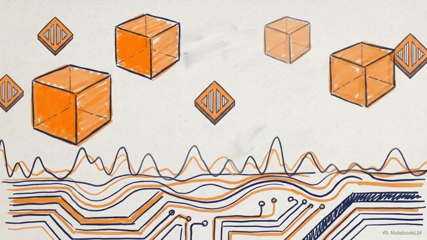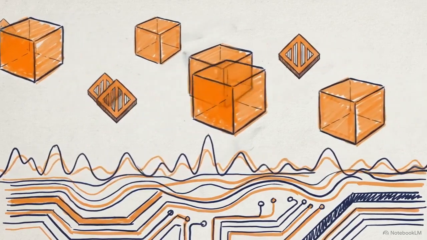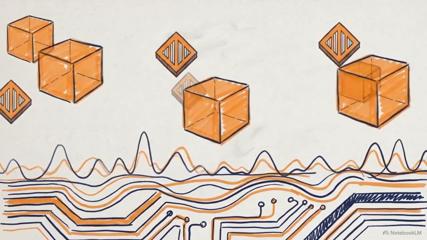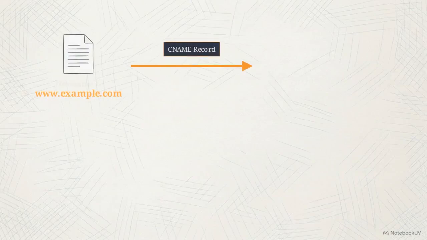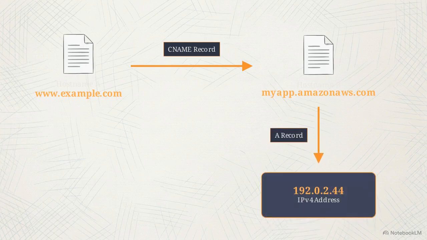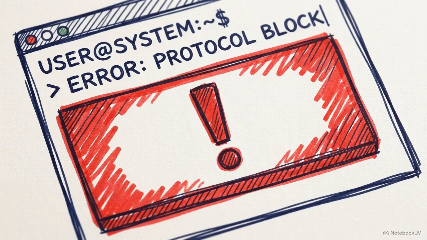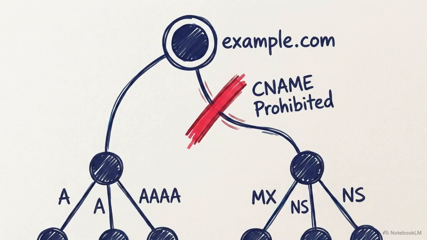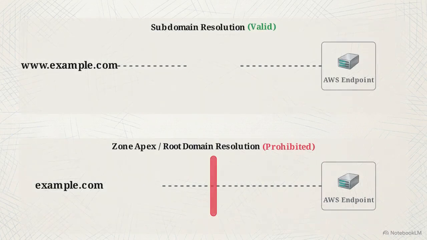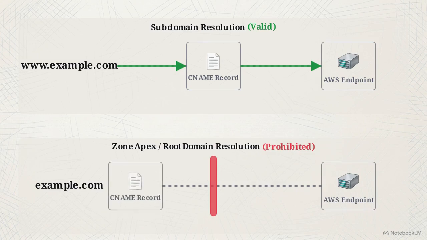While these records cover traditional network needs, the dynamic nature of cloud resources requires a deviation from standard CNAME behavior. A CNAME record functions by mapping one hostname to another. However, that target must eventually resolve to an A or AAAA record to provide an IP address. Standard DNS protocol specifications include a major constraint. You cannot create a CNAME record for the top node of a namespace, which is known as the Zone Apex. As shown in this diagram, you can create a CNAME for a subdomain like www.example.com. But if you attempt to create a CNAME for the root domain, example.com, the request is prohibited by DNS